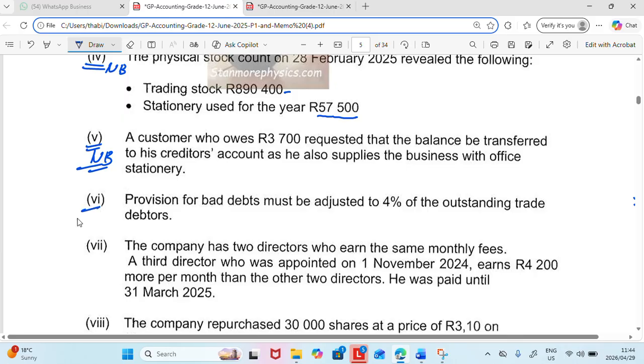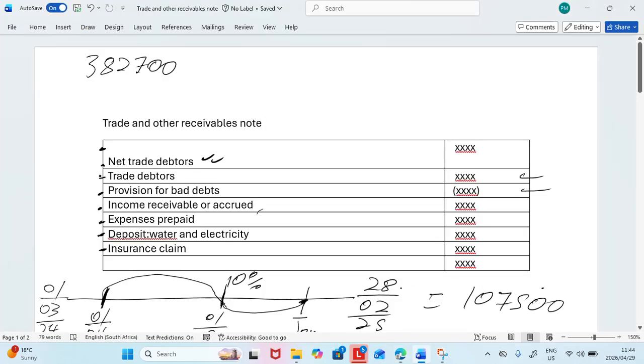But I want you to also notice the following adjustment after that one: provision for bad debts must be adjusted to 4% of the outstanding debtors. So we need to calculate our provision for bad debts. We minus first the 3,700 that we're transferring to creditors control account,